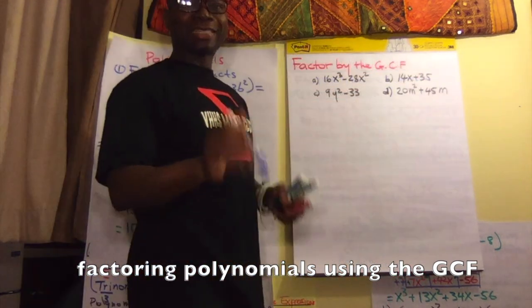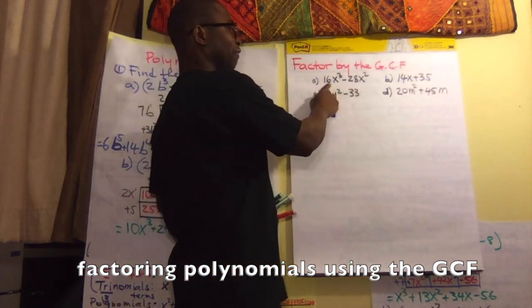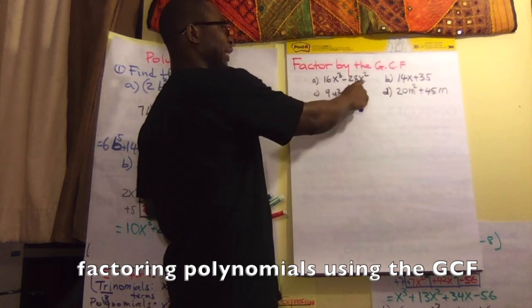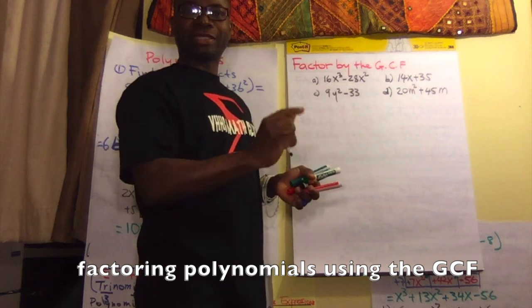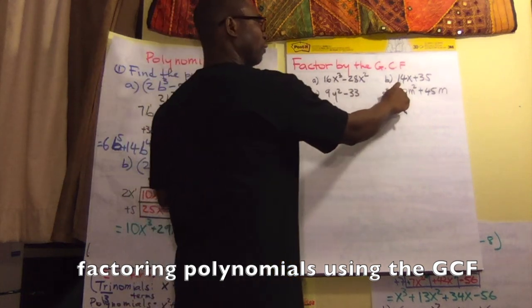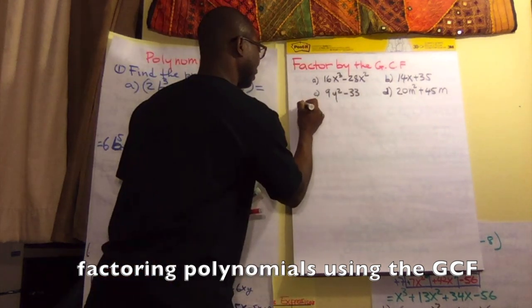Okay, so on the last example, we just factored 16x cubed minus 28x squared. Okay, we did 2 ways. We did the horizontal one and we did the generic. Let's do this one, 14x plus 35. That one is easy. B,